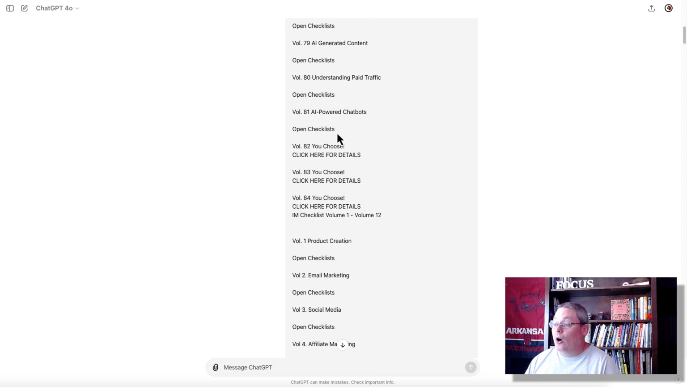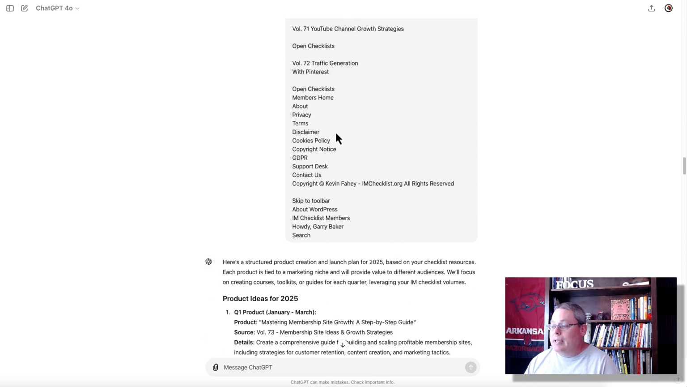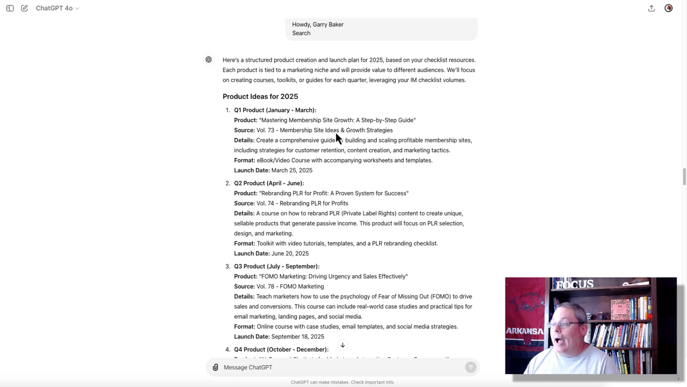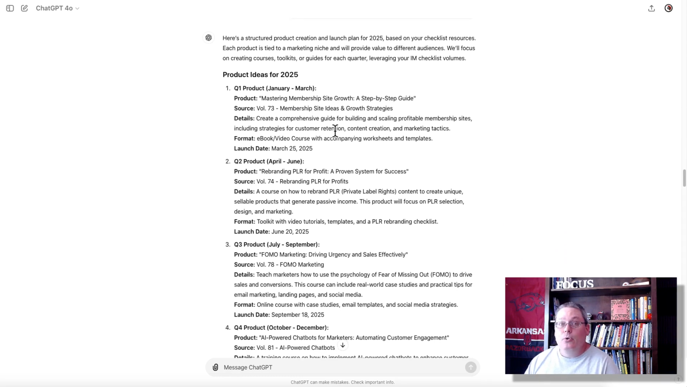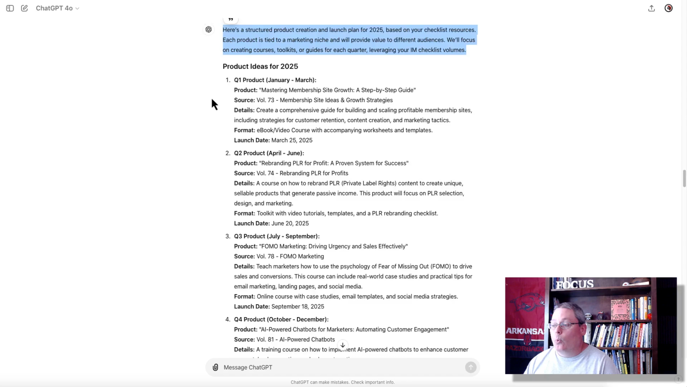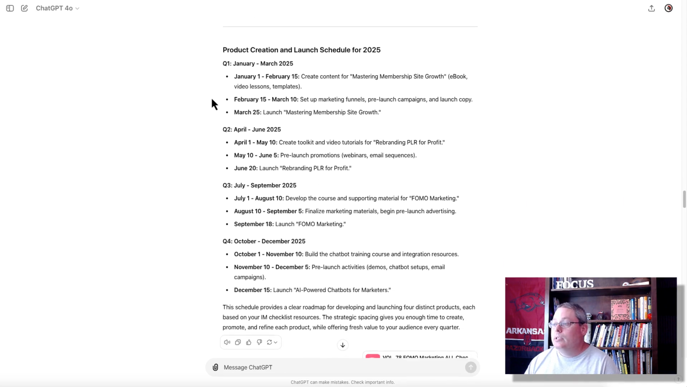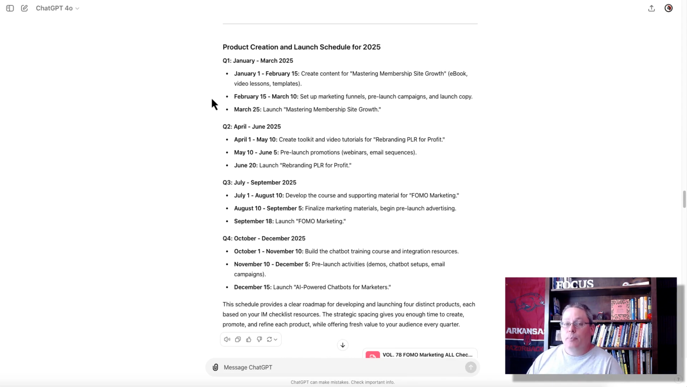I just fed it all of the checklist from that page that you can see right here. You just paste this stuff in, and this is what AI does. I use ChatGPT. You could use your AI of choice. Here is a structured product creation and launch plan for 2025, as well as the product creation and launch schedule, because yes, you will have to create these products, but you have all the information here inside of the